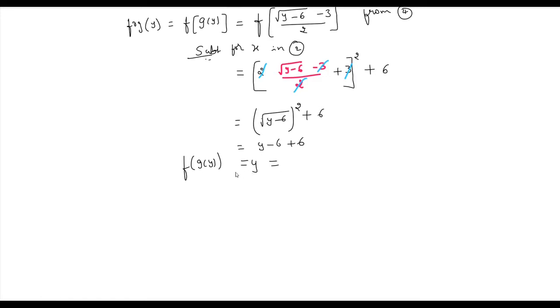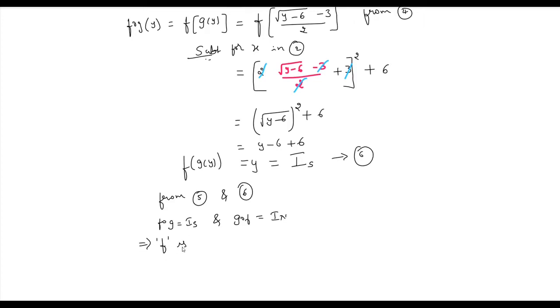Now we started with the domain element of the function g, that is y, and after 2 mapping we got back the element y. So this is identity. This is so because the domain set of the function g is set S. Again call this as equation 6. So from equation 5 and 6, f circle g is identity function and g circle f is also identity function. Both are identity functions. This implies function f is invertible.